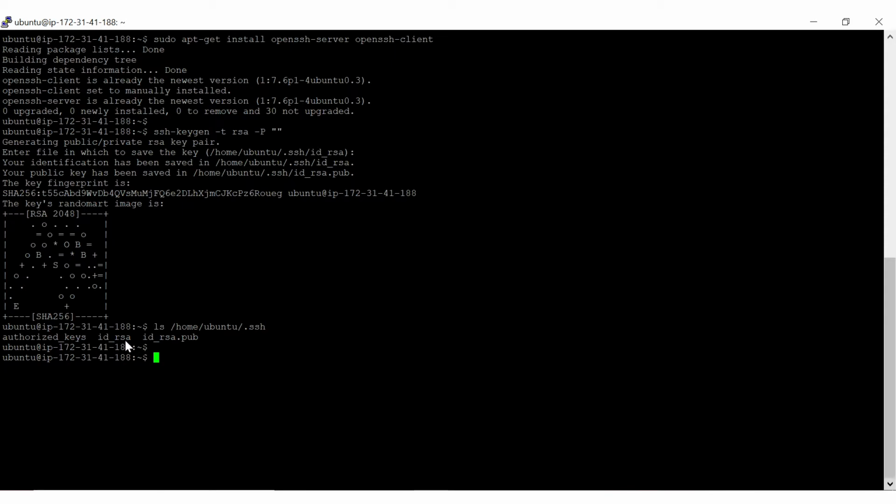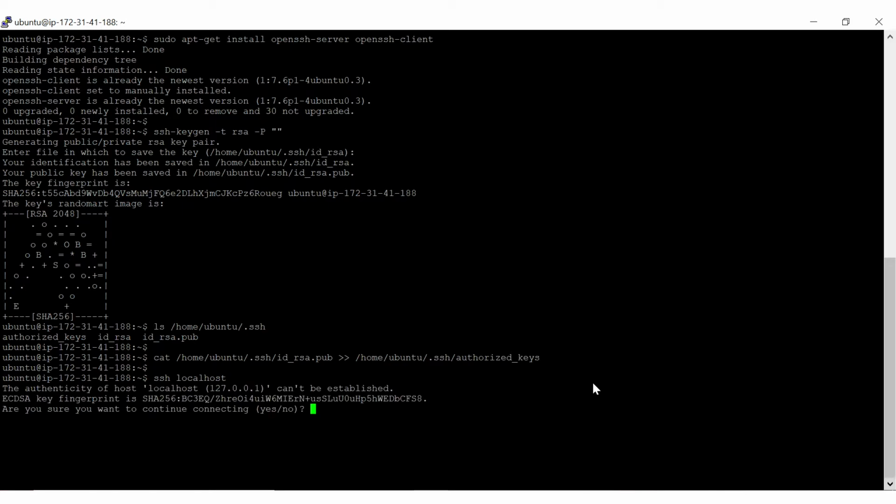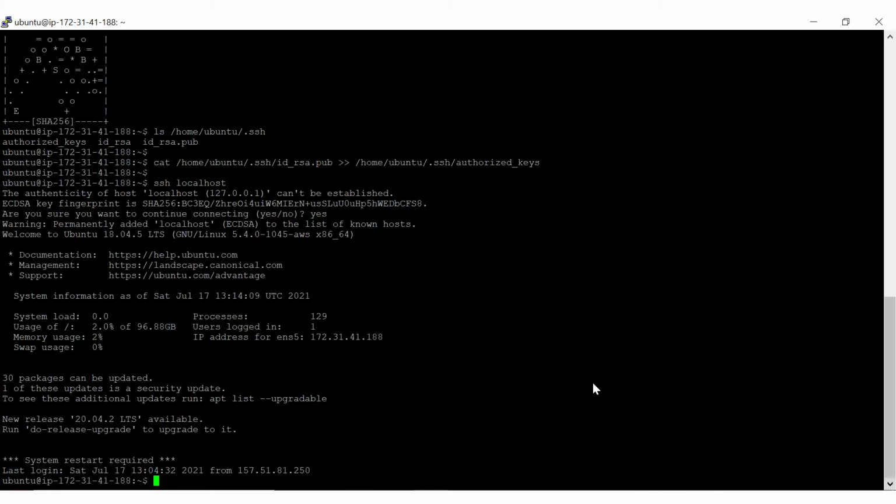So you need to add the content from id_rsa to authorized_keys, so that you can make a passwordless login. Then you can just cat the public key id_rsa.pub, redirect it into the authorized_keys file. So whatever content is in this public key will be added to authorized_keys. So that is done. Now you can do ssh localhost. Without asking for a password, it will just log in. So we are able to log in now, right?